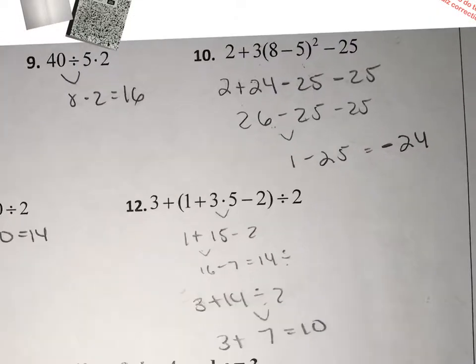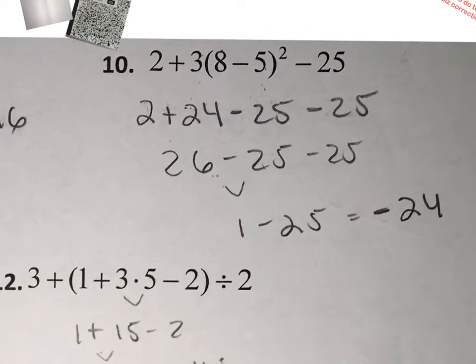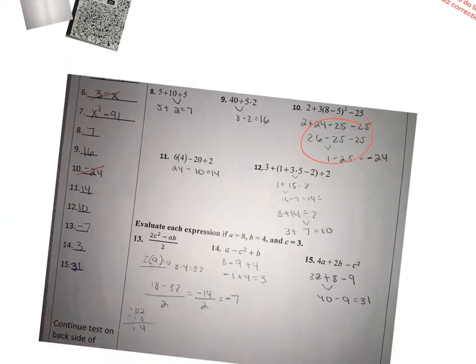Well, the first thing to do is to look at your problem and try to figure out your mistake. And of course, if you still can't find your mistake, you could go on Edmodo and watch the videos for this exact question on the practice test. But you can't just correct it right here, right? You can't do it on the test itself. What do you do? You have to go to the notebook itself,